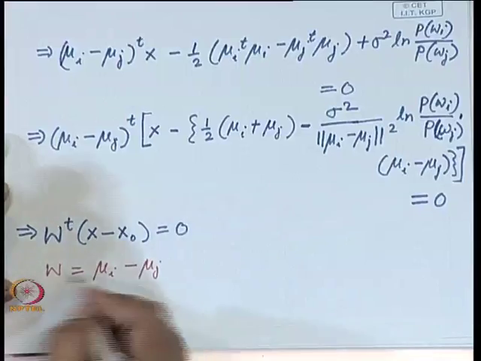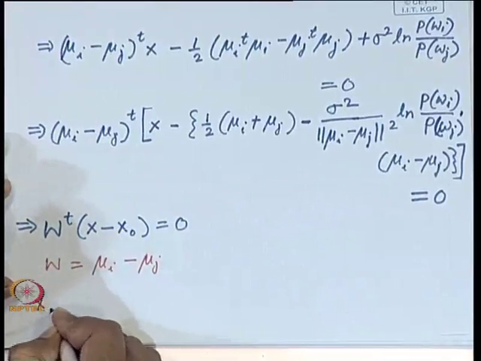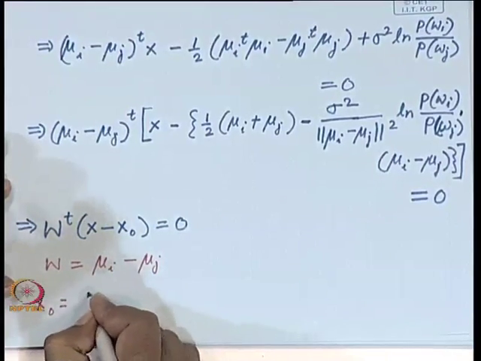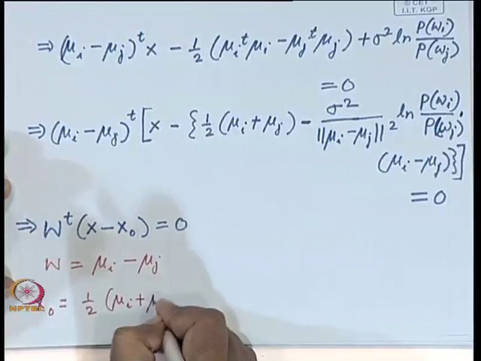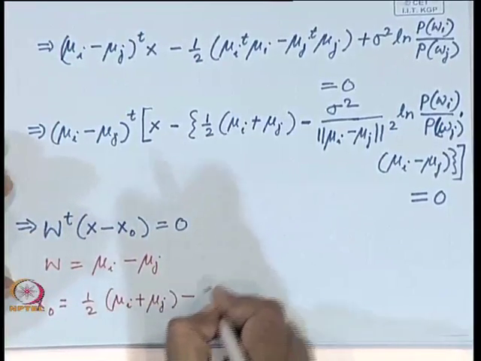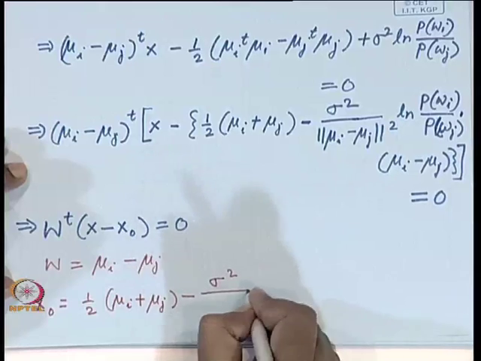And x_0 is simply half of (mu_i plus mu_j) minus sigma square